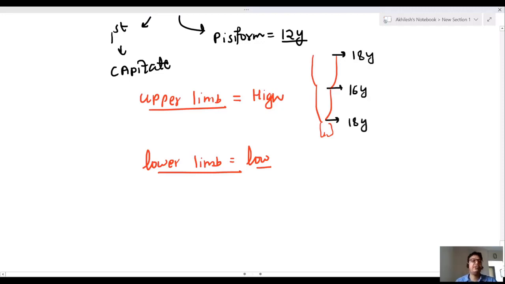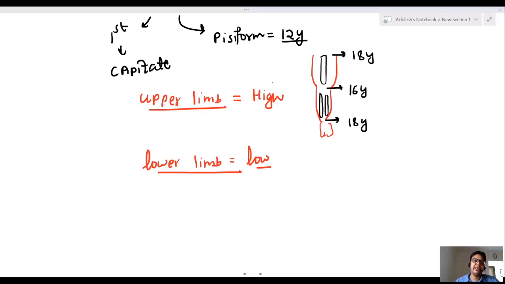That is 18, 16, 18. It means the upper end of the humerus, then we have two bones. This is for upper limb: 18, 16, 18. So if you get a question on upper end of humerus,